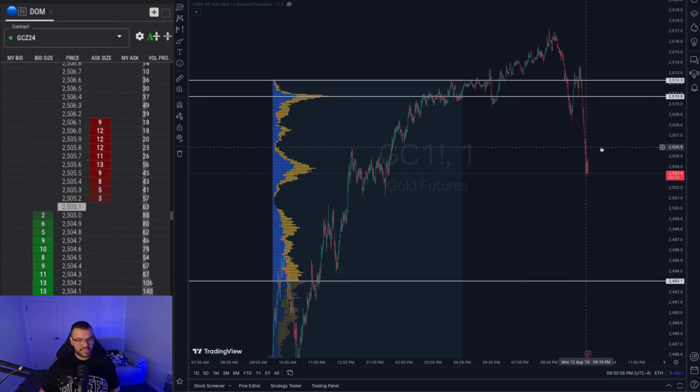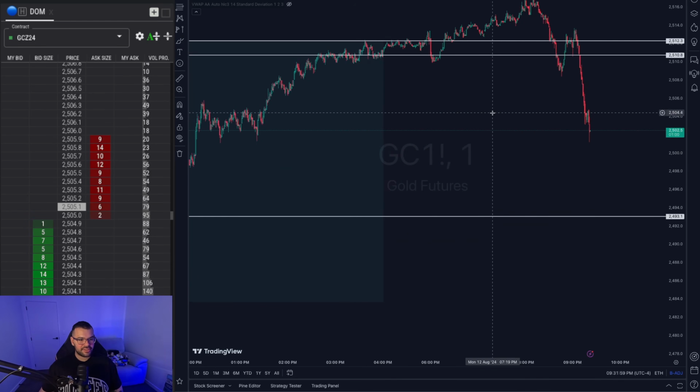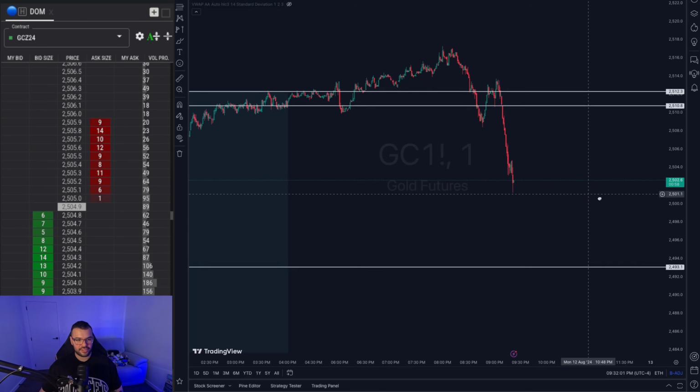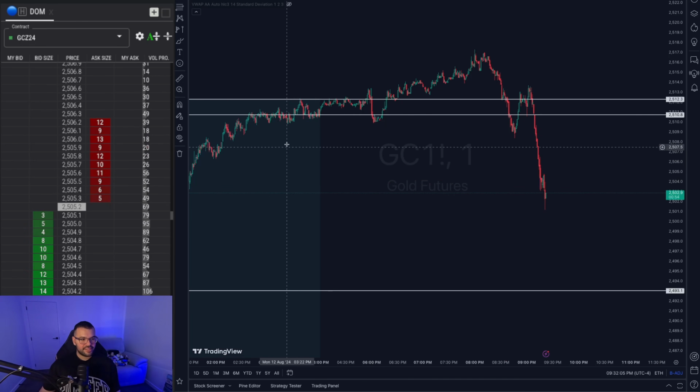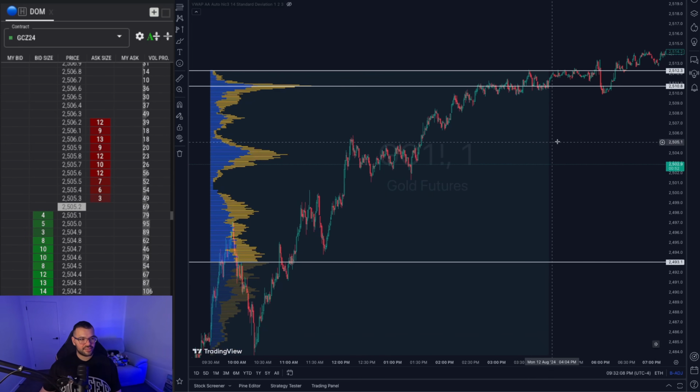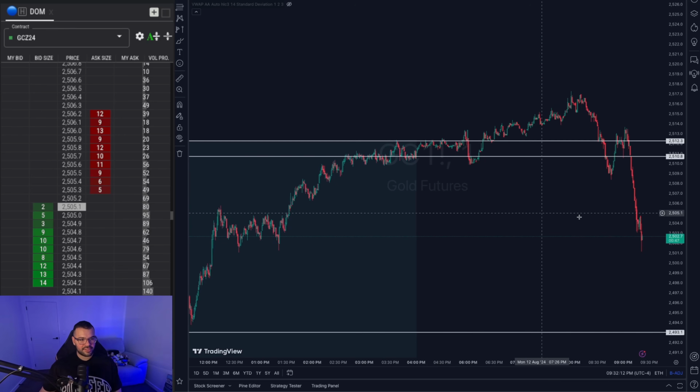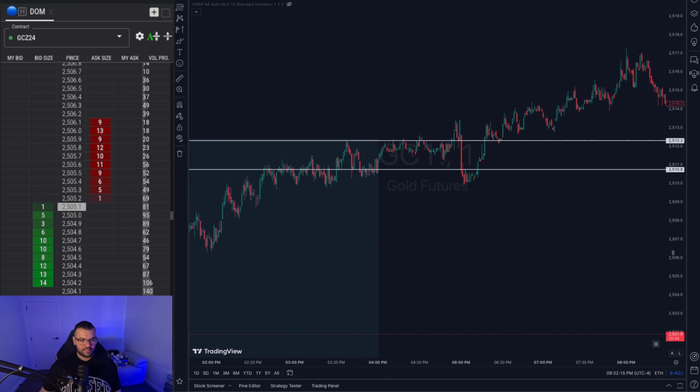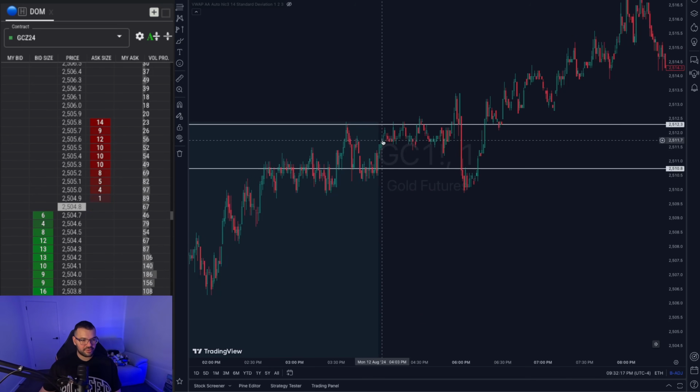So there's 3 levels that I'm marking out. What I do with these levels is I use them as support and resistance levels to look for in the current trading day. Now that the regular trading hours session is closed off, I use these levels as areas of support and resistance, and you can see how price reacts to these levels here, even immediately after